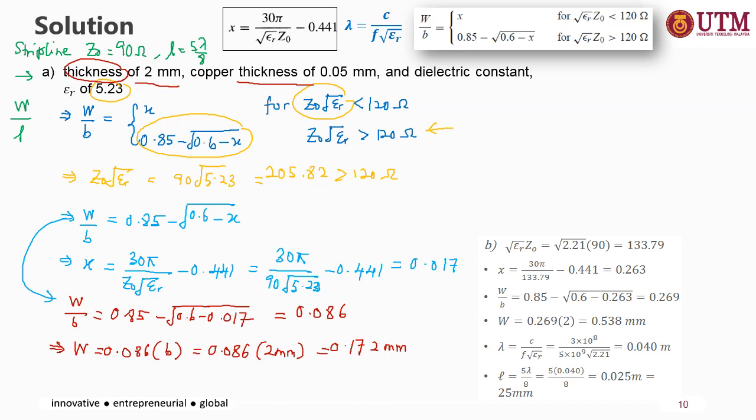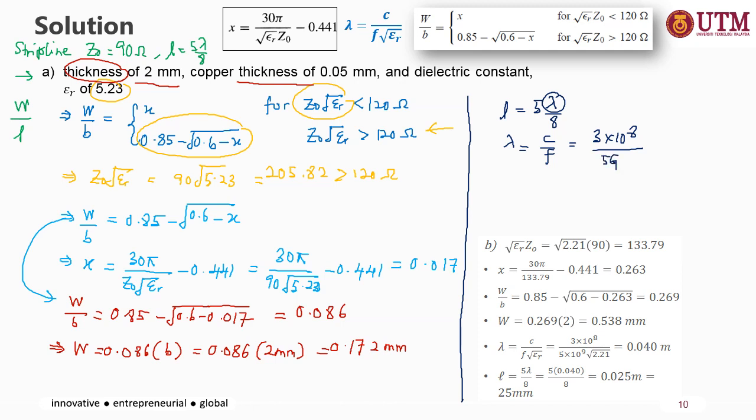Right, next you have the W. How about the L? The L given from the question is 5 lambda over 8, but what will be the actual value? So what is your lambda? Lambda equal to C over F. C is the speed of light divided by your F, given just now as 5 gigahertz. So you can get your lambda equal to